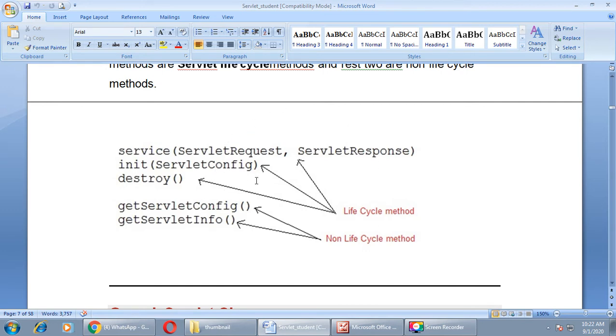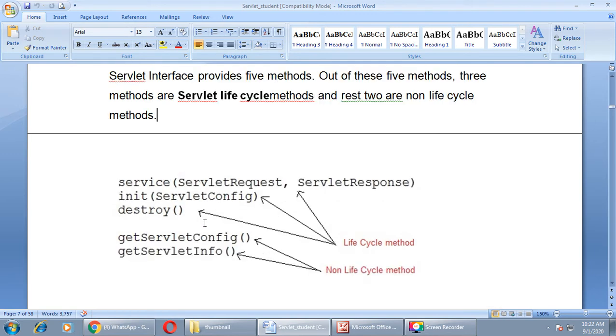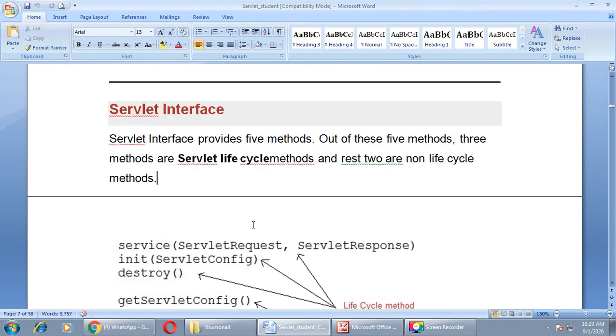Here you can see the list of all the methods. First one is service method, second is init method, third one is destroy method, fourth one is getServletConfig method, and the fifth one is getServletInfo method.